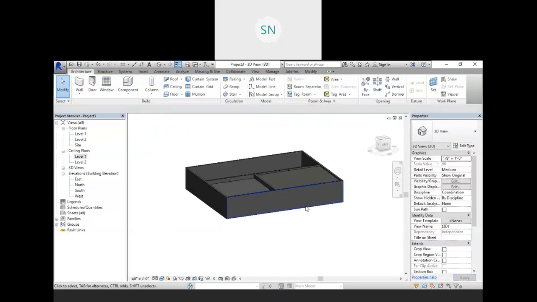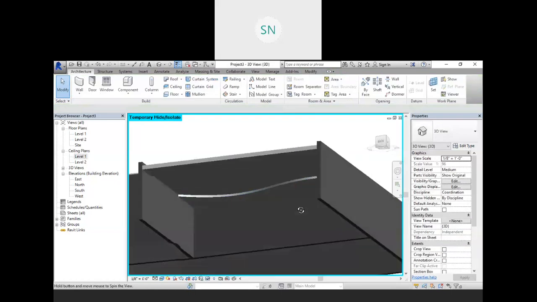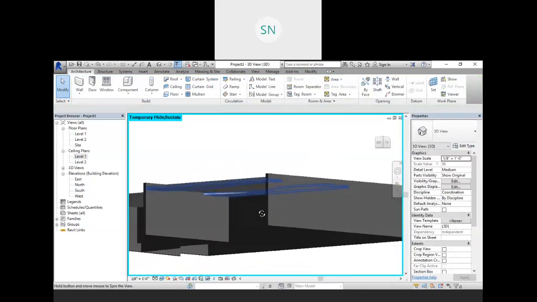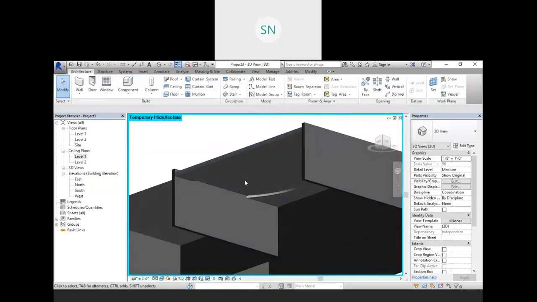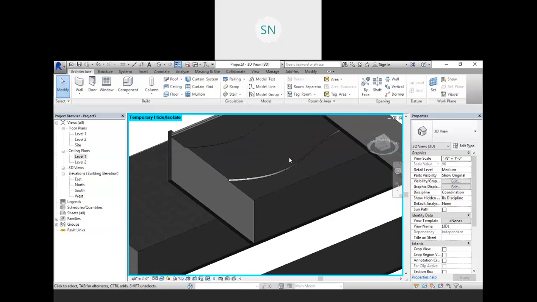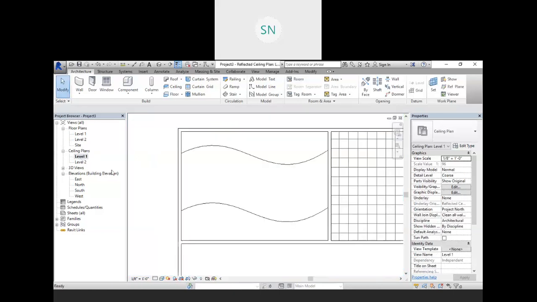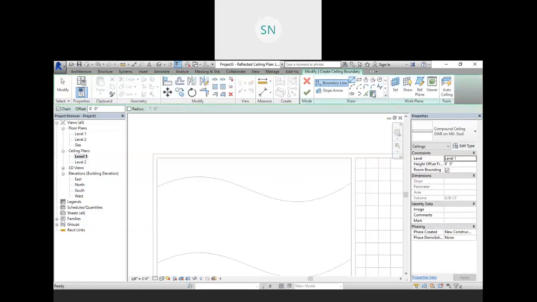Let me do one thing, just select this wall and hide it. Okay, so we have this design. Similarly, you can add many more designs, right? And now I want to create one more offset. So go to the ceiling plan again, and let me take ceiling again, sketch ceiling, pick line, this one,